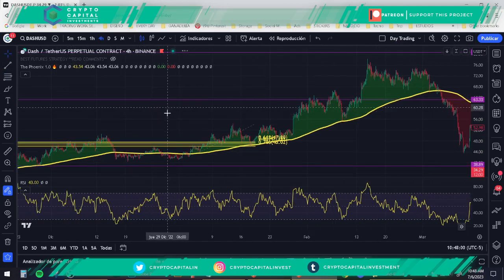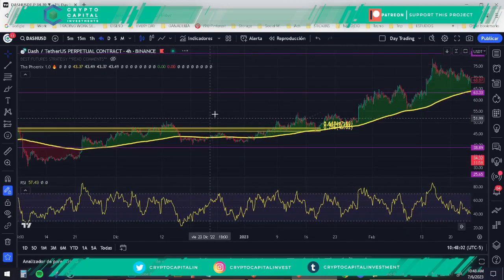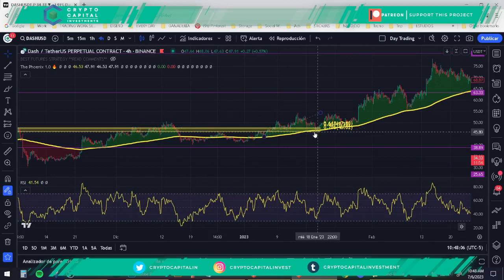Now, how to use this tool? What you want to do is to have this tool aligned with the previous local. Remember, this is the weekly support and resistance, this is the local support and resistance, and you can see here that there was a previous resistance, support,